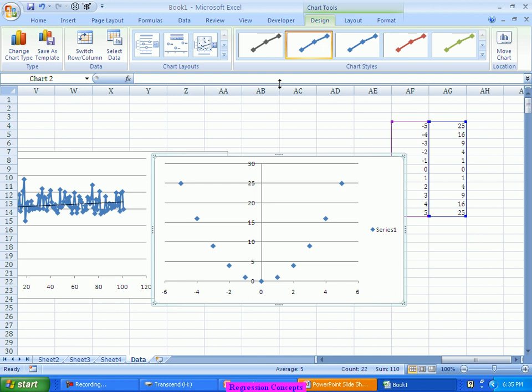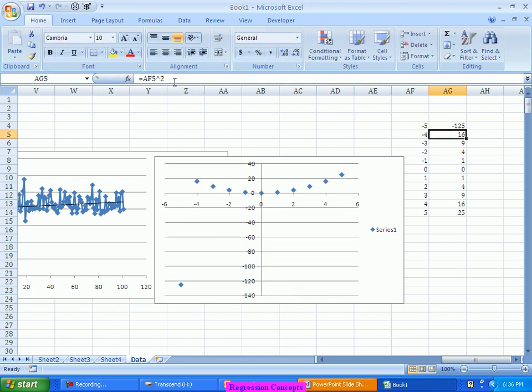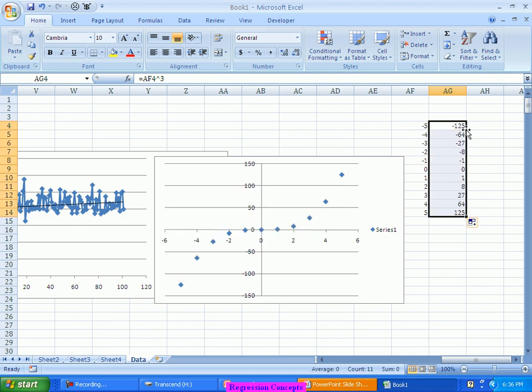So if I am able to see a graph like this, then it shows that there is a square relationship between the variables. Not a linear relation, but a square relation. But if I do the same thing with cubes, my shape would be different. If I do the same with cube, now you see the shape that comes out. So if in my data I observe a pattern like this, then I say that y and x are related by a cube. So sometimes, by observation of the data itself, by observation of the plots, the scatter plot,